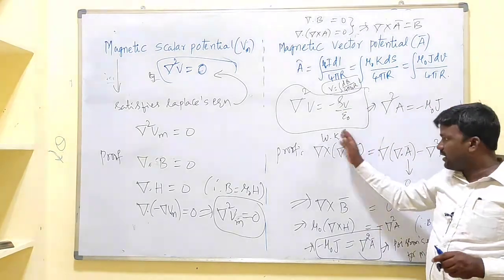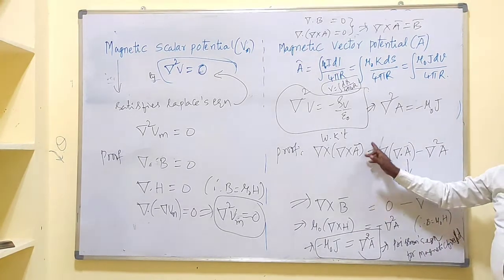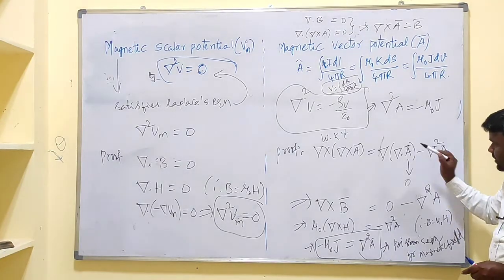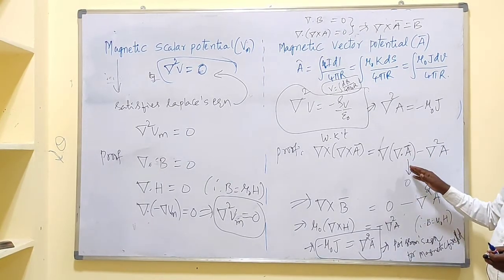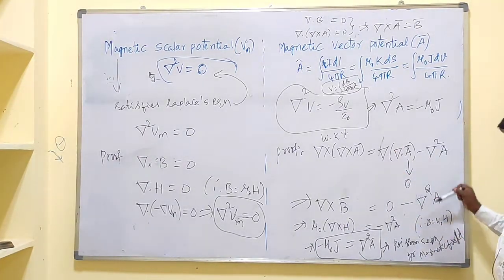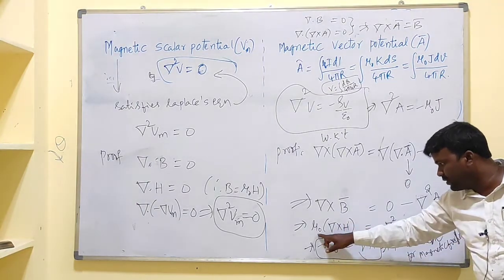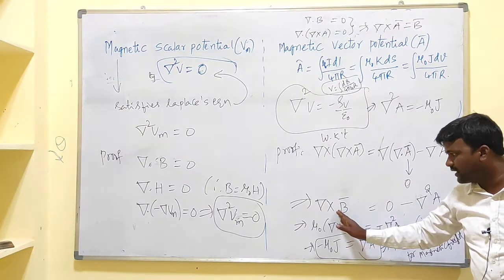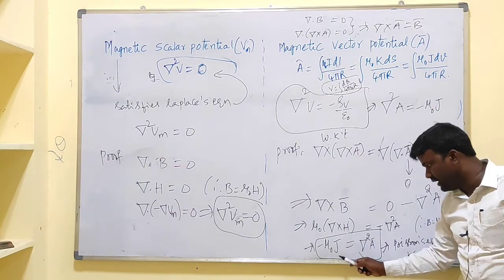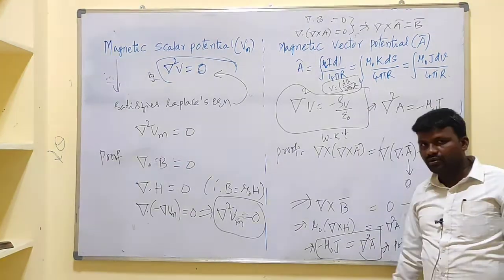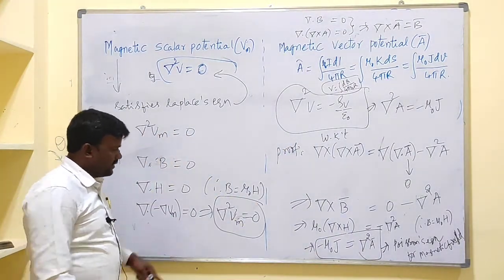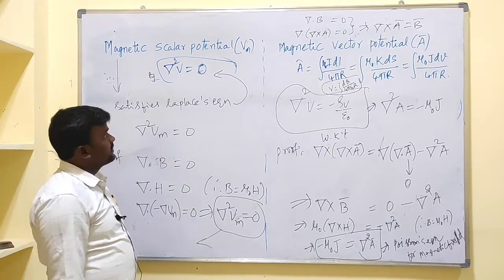So proof of this one: curl of curl of any vector can be written like this. This is the formula for del cross del cross A, del of del dot A minus del square A. As A represents the magnetic field parameter, del dot B or del dot H or del dot of any magnetic field vector becomes 0. As it is 0, this becomes 0 minus del square A, and del cross B can be written as mu naught into H. So that's why as mu naught is constant, we can write out of this curl, that is mu naught del cross H. Del cross H is nothing but our J. So that is minus mu naught J, del square A equal to minus mu naught J. This is the Poisson's equation for the magnetic field, and this is the Laplace equation for the magnetic field.